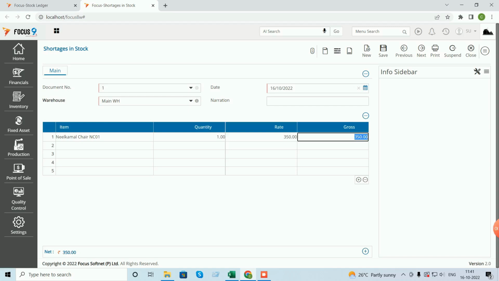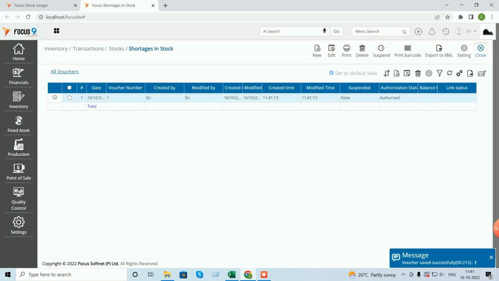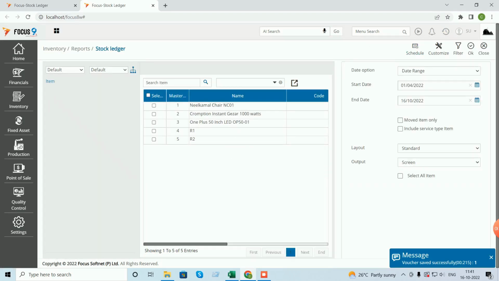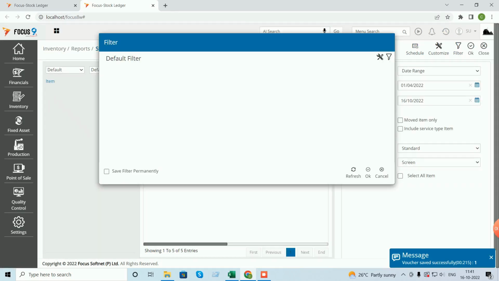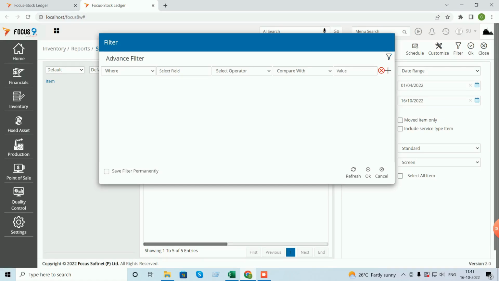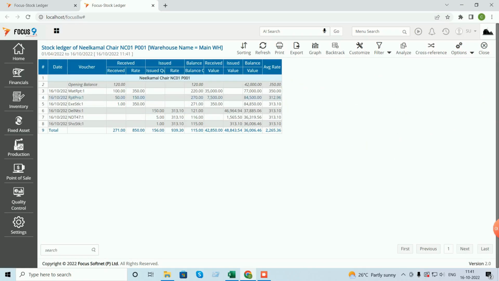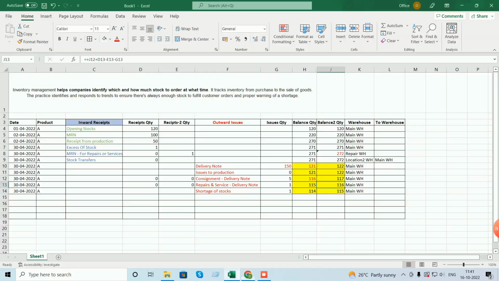So I'll just enter my shortage of stocks and then I'll save this. Now when I go to my stock ledger, filter on main warehouse, click OK and then click on OK. Now you see my stock is showing 115